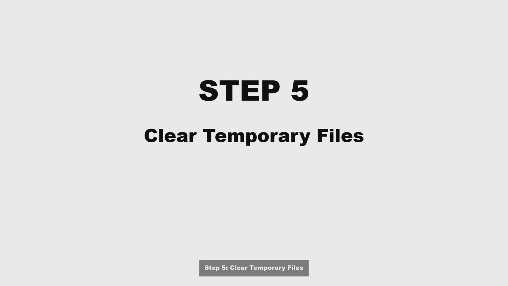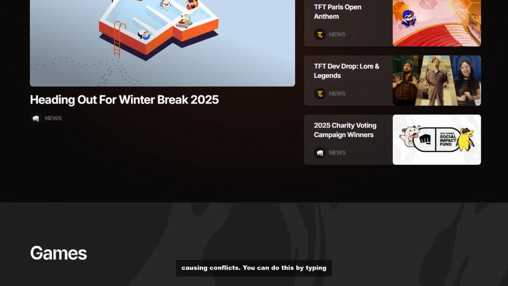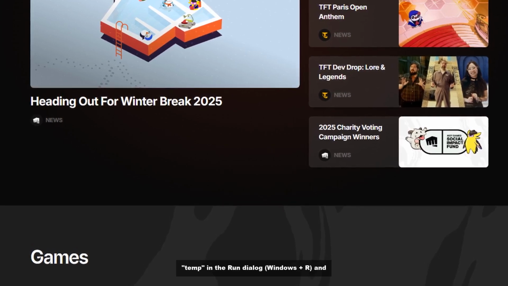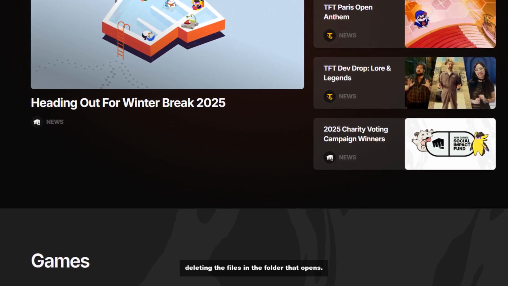Step 5. Clear temporary files. Delete any temporary files that may be causing conflict. You can do this by typing temp in the Run dialog (Windows+R) and deleting the files in the folder